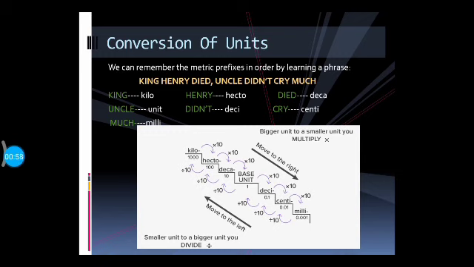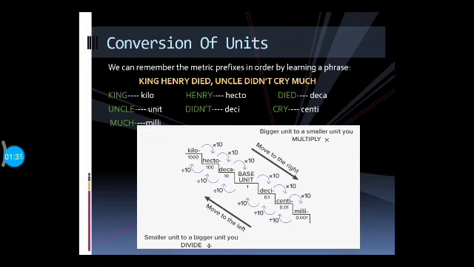After that, hecto is given to you, then deca, then base unit is different in all three cases. In case of length, base unit is meter. In case of weight, base unit is gram, and in case of capacity, base unit is liter, right? After base unit, deci is there, then centi and then milli. So if we talk about units of length, our units will be kilometer, hectometer, decameter, then decimeter, then centimeter,